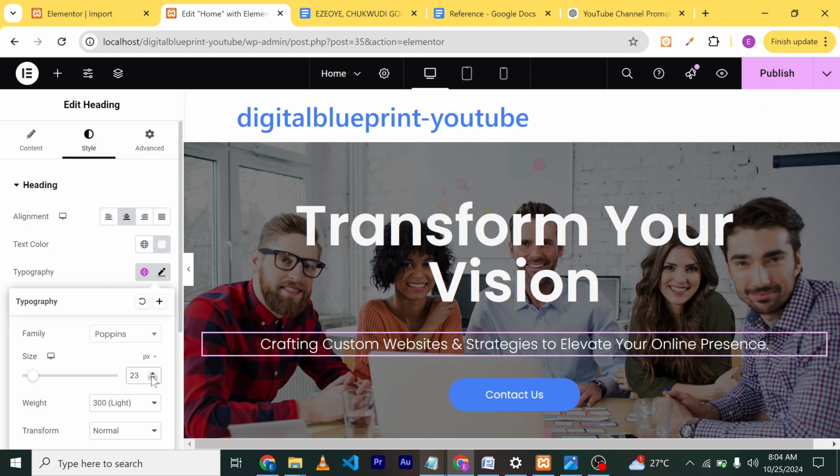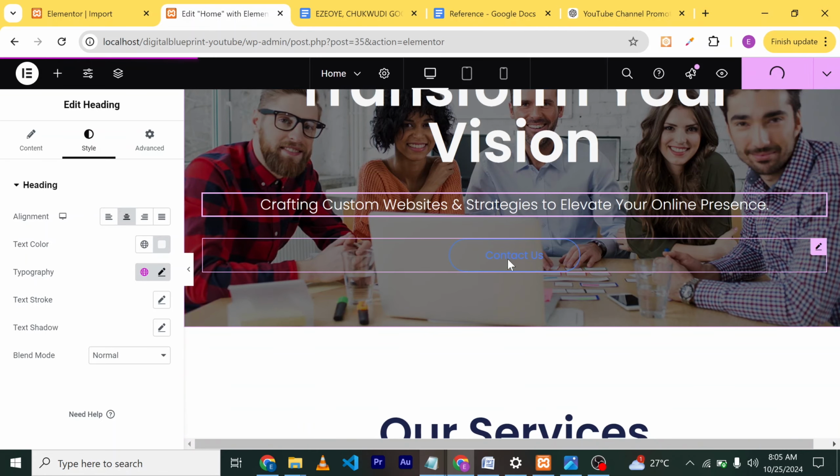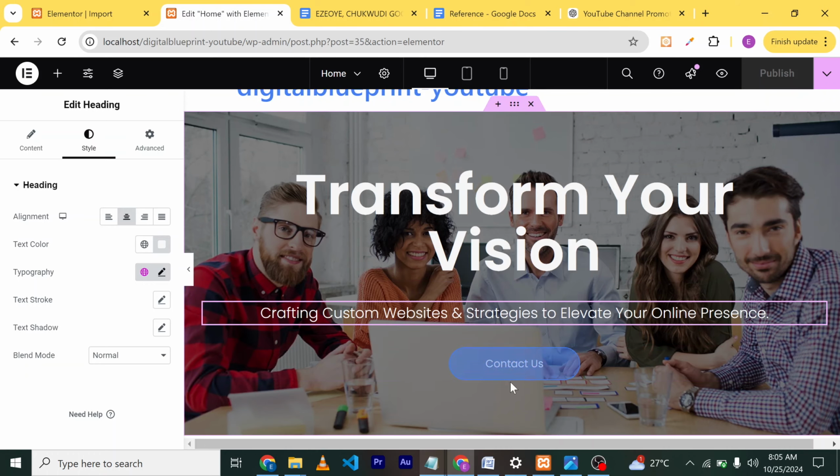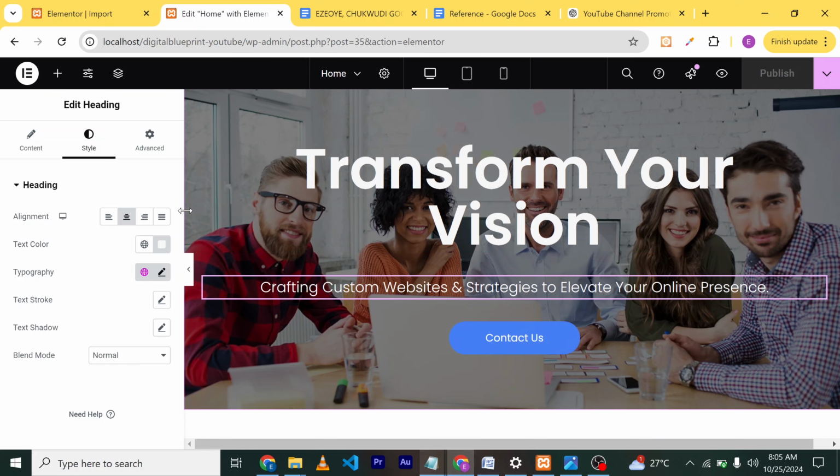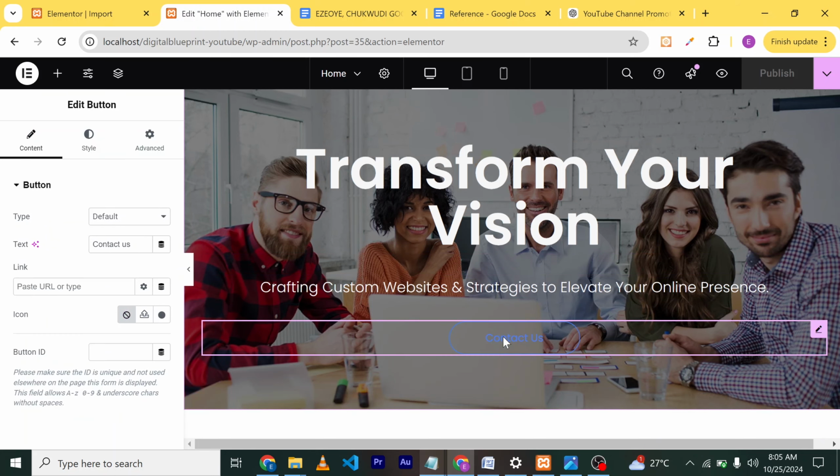Okay, next we have our button that's set to Contact Us, and when you hover on it you can see this border. But what I want to do is change the hover text to white, because that will make it visible, and make it a bit bolder, which would also make it more visible. I would also like to change the background of the button, but I think we'll come back to that much later. So I'll go ahead and click on the button element here like I previously explained,